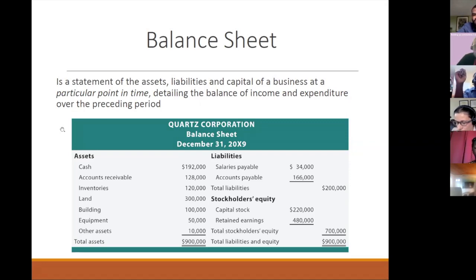And then again, the next slide is going to talk about debits and credits. If your balance sheet doesn't balance, it means that you have a debit but you don't have a corresponding credit, so you need to go back and figure out why. For instance, when you have cash coming in and you use that to pay a loan, you want to make sure that you put in the cash and you decrease your liability. So anytime there's a debit, there has to be a corresponding credit for it to balance. If your balance sheet doesn't balance, there is a mistake on the balance sheet.